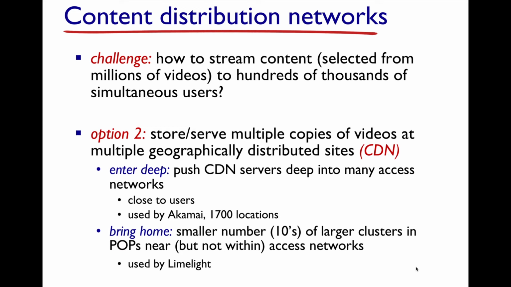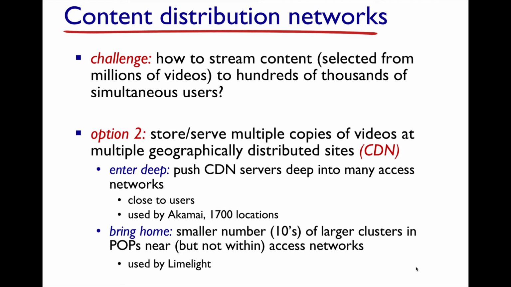There are fewer points of presence than there are access networks, and so some choose to use this bring home approach, using the POP facilities as the locations where you put your content delivery networks. And it kind of makes sense as well, right? In this particular case, you're putting the content at the seams, if you will, between two different networks, so you're serving both networks at the same time. And those are generally very high bandwidth connections. Any questions about this? Does that make sense?